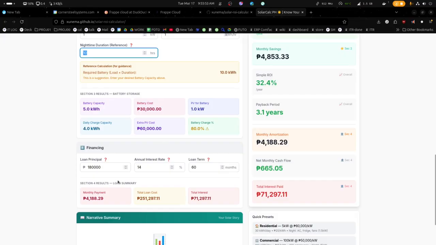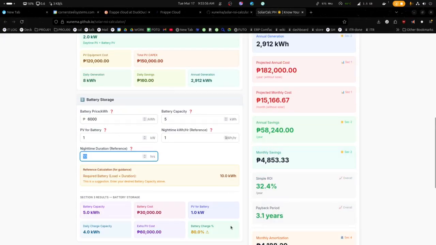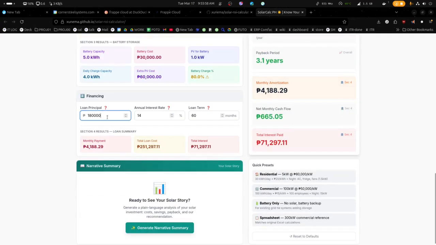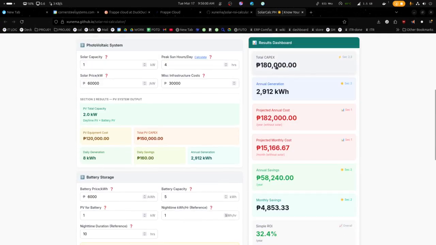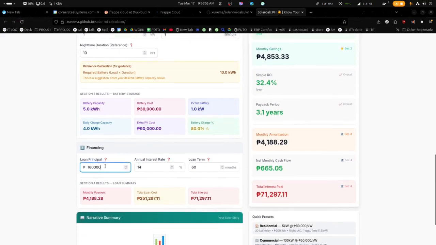Okay, so here is the capex. The typical capex is usually based on your loan. Your loan principal is the starting value of your loan, and this is the most common rate I've seen of how much the bank charges. The bank does a lot of math to make it look smaller. What they do is they get the 14 and divide it by the months, so they give you the rate per month. It might look smaller, but you should always look at it annualized, because that's the standard way of looking at it.